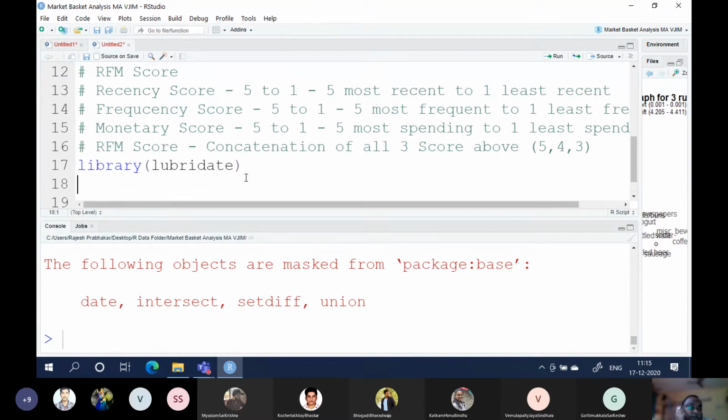Even base as.Date is also very good. So analysis_date is equal to as_date, we'll give the date 2007-01-01. This is the actual data date.